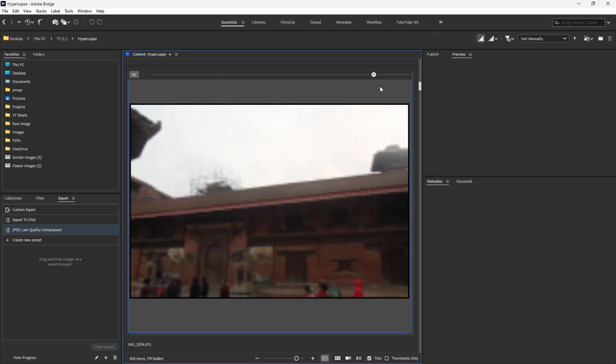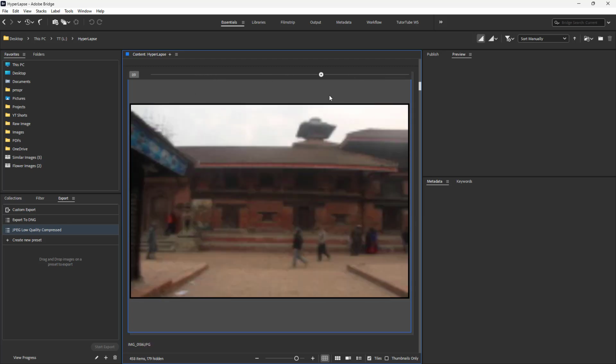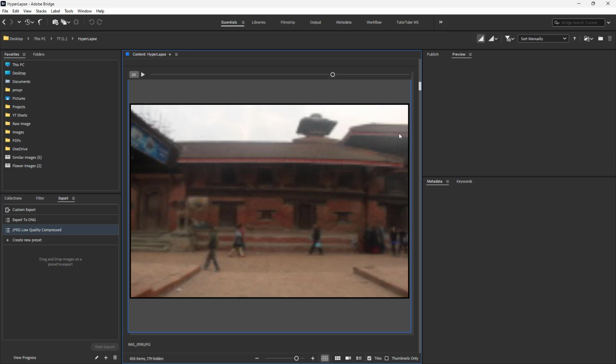You can scrub this around and see the preview of how it looks. And that is how you can stack images together and preview them frame by frame in a playback inside of Adobe Bridge. So hope you guys learned something